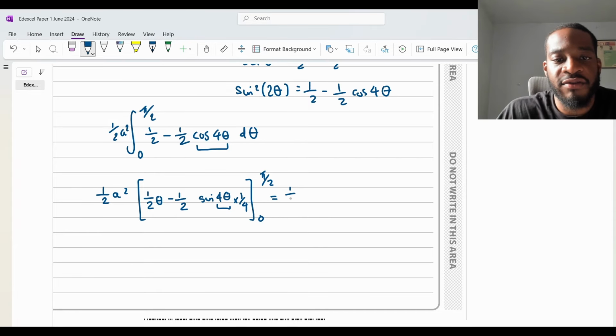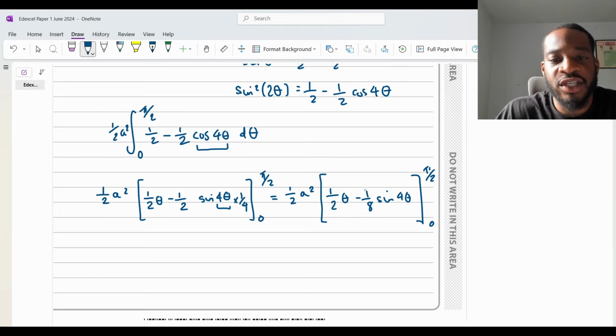So it's going to be a half a squared on the outside. And then it's going to be 1 half theta minus, and then an eighth, isn't it? An eighth sine 4 theta. And this is between pi over 2 and 0. So we're just literally evaluating that. So let's do that. Plug in the upper limit, it's going to be 1/2